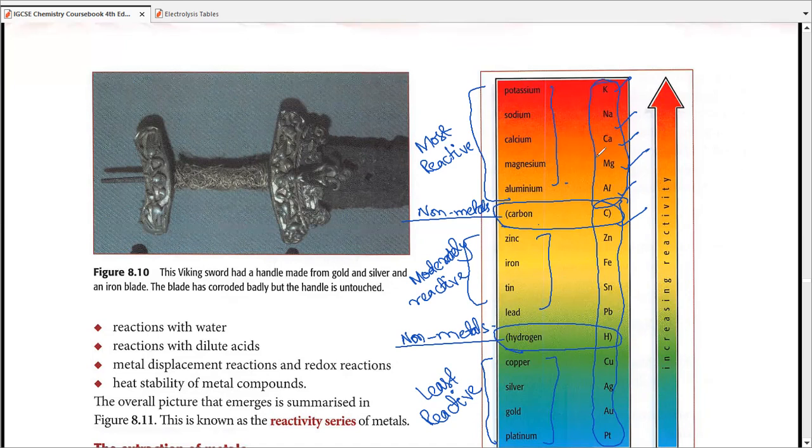However, there is another funny mnemonic. Since we are at it, let's talk about it. Potassium starts with P, sodium starts with S, calcium starts with C, magnesium starts with M, aluminum starts with A, carbon starts with C. There is a famous sentence, please send